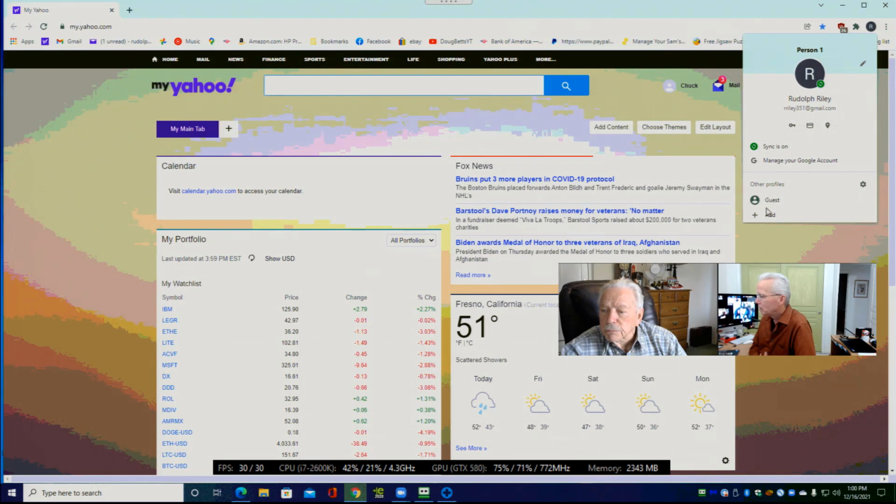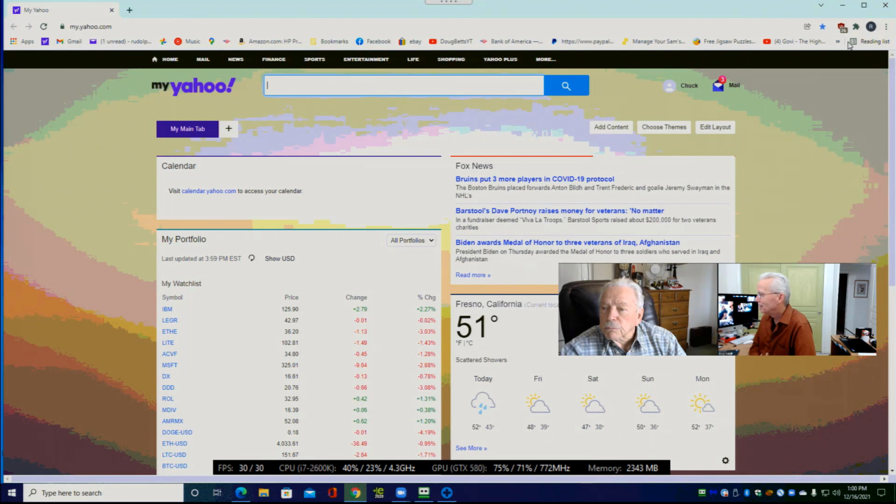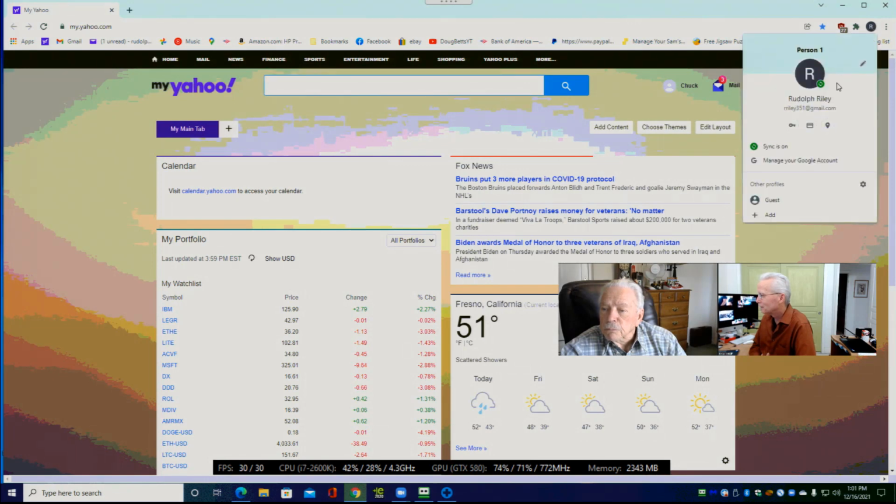And we could add another profile. We could sign in as guests, which maybe effectively signs out. But in my mind of the way things ought to be done, there ought to be a simple log off from here to force us to log in again.